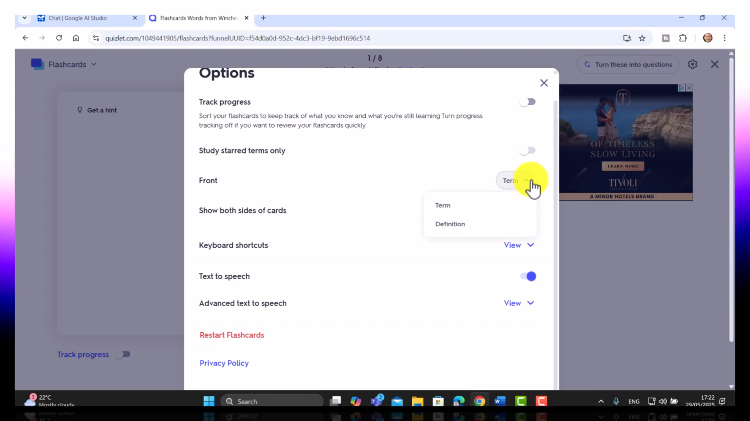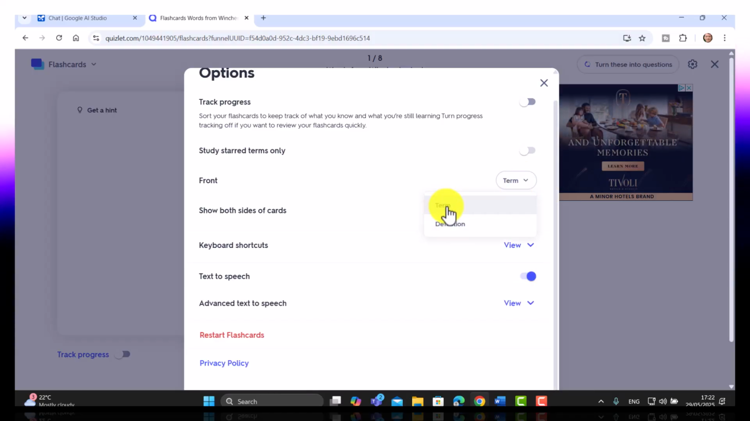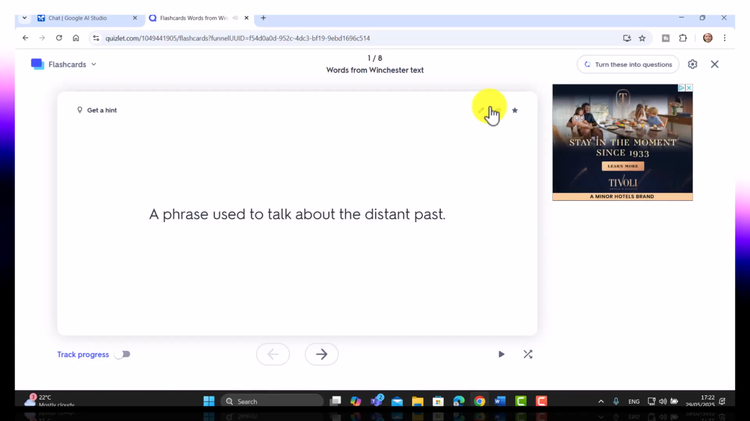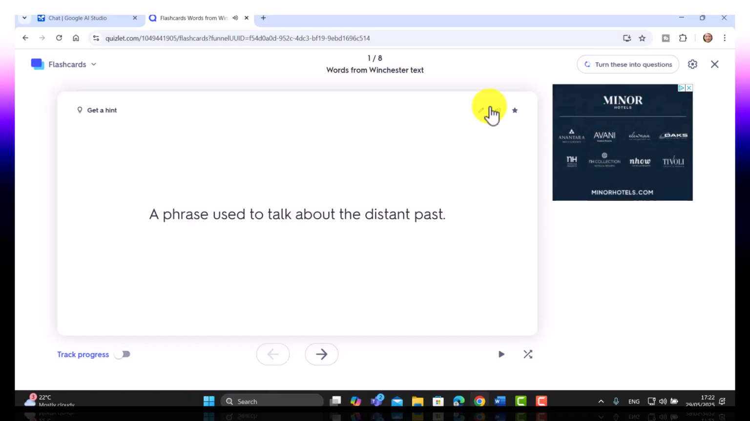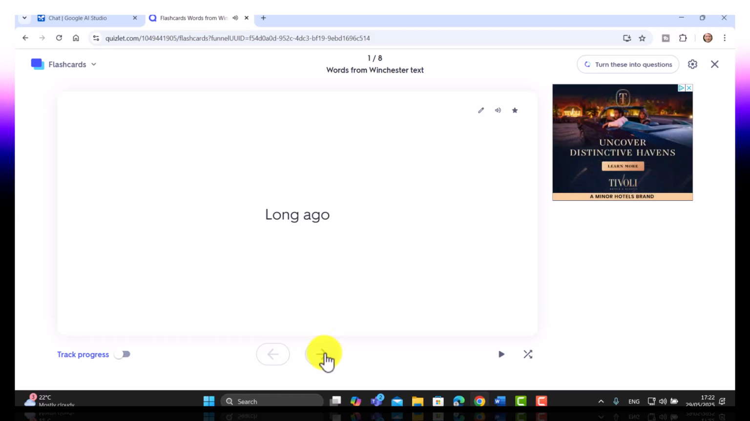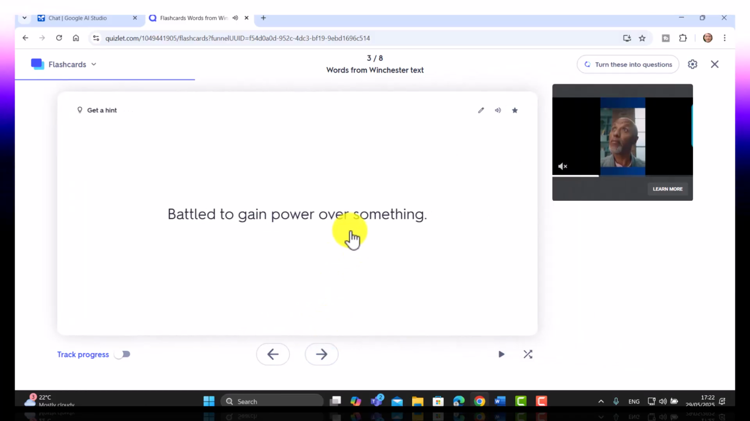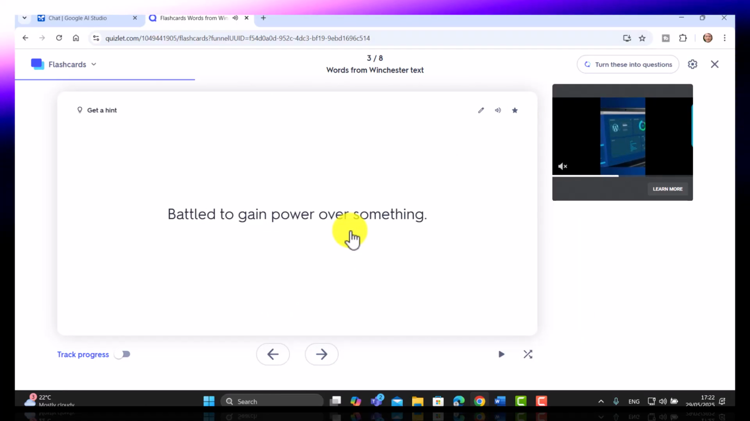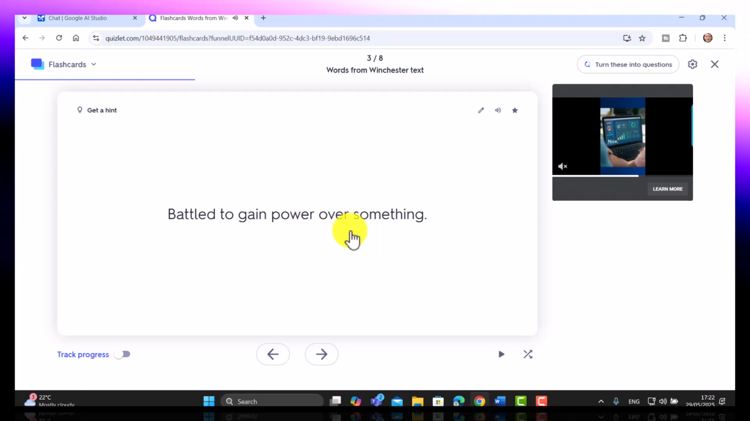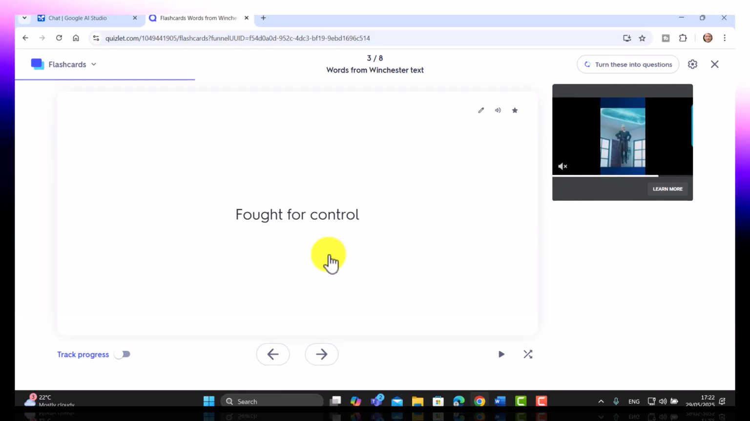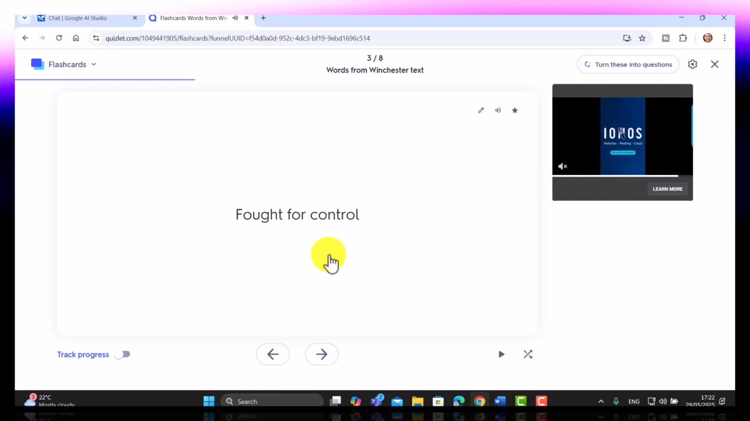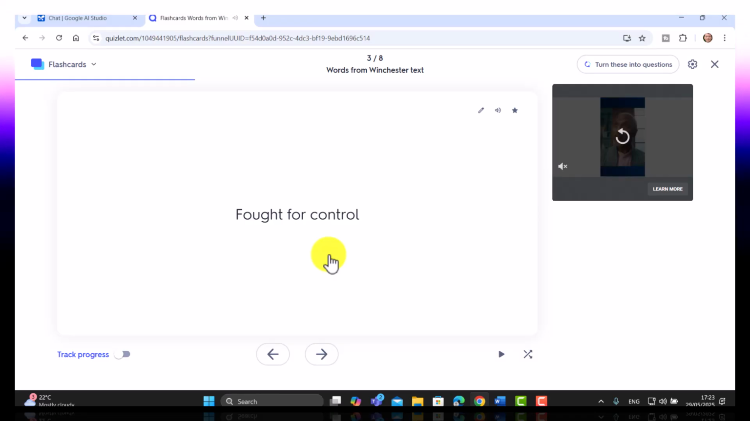Now you can start with either the definition or start with the term. So I could start with the definition first, and there's lots of ways you could use this. Used to talk about the distant past. Long ago. Long ago. Next one. To come to a place. To arrive. Arrived in. Okay, right. Next one. Battle to gain power over something. Control. Fought for control. Okay, but you get the idea that I can use these tools to help me to